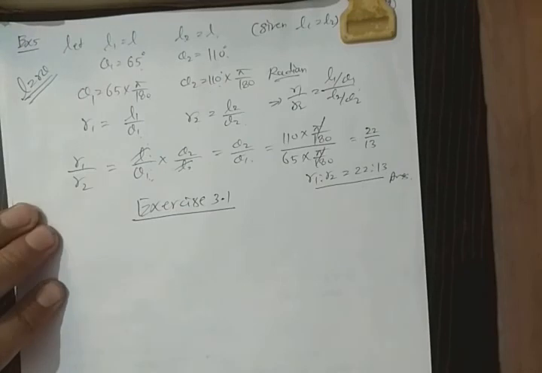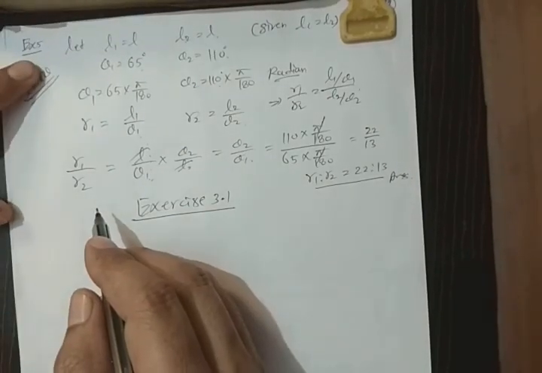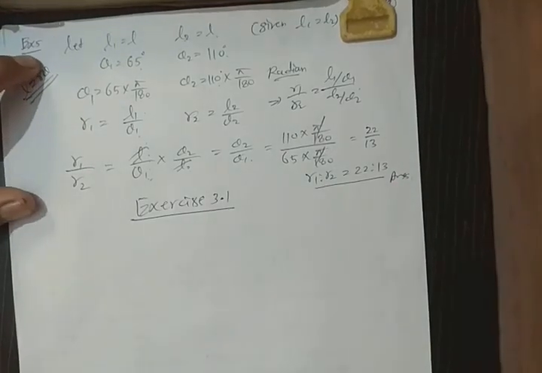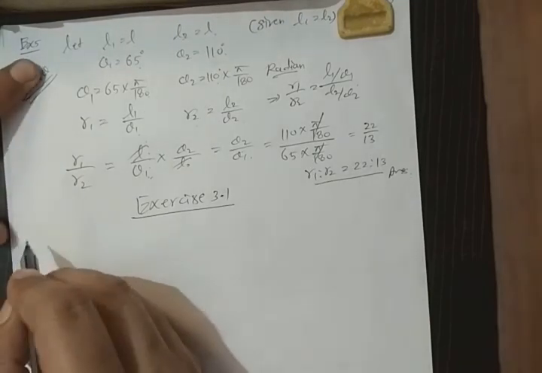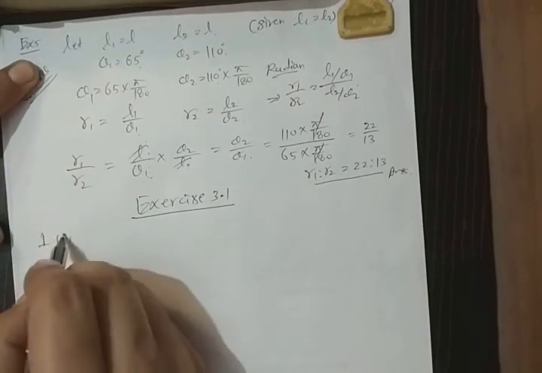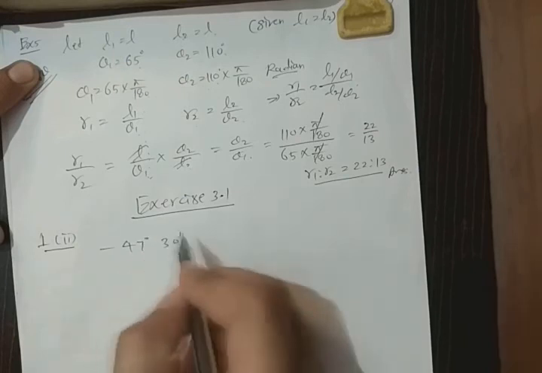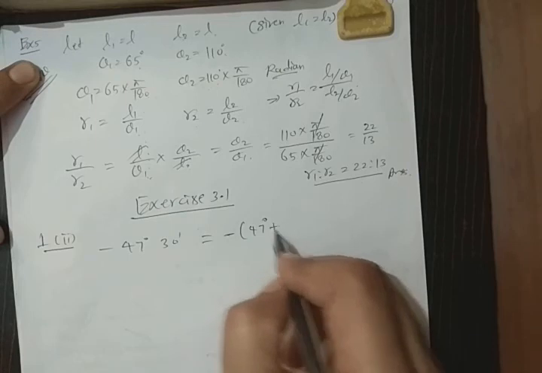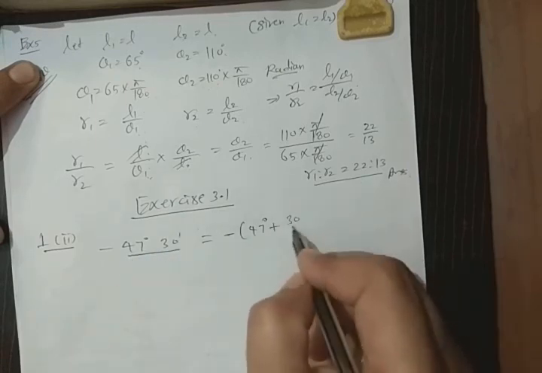Next, Exercise 3.1 question. First, find the radian measure corresponding to the following degree measures. डिग्री में हमें वैल्यू दी हुई है, वी हैव टू कन्वर्ट इन रेडियन. सो वी डिस्कस सेकंड पार्ट. -47 डिग्री 30 मिनट. Keep the minus sign in mind. 47 plus 30, first we convert into whole in degrees. So 30 upon 60,